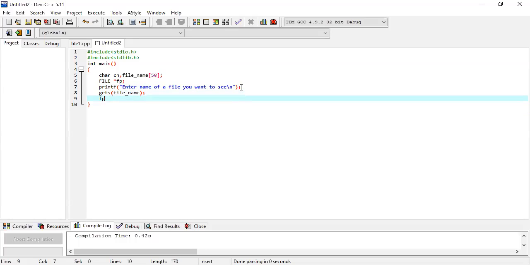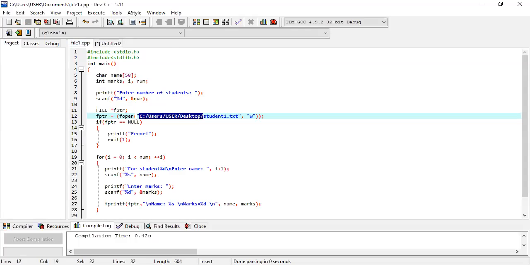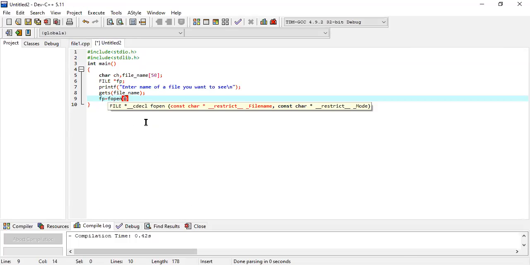Then we have to open that one, so we use fopen. Then in a similar way, we have to specify the path with the file name, so we just copy paste that one.